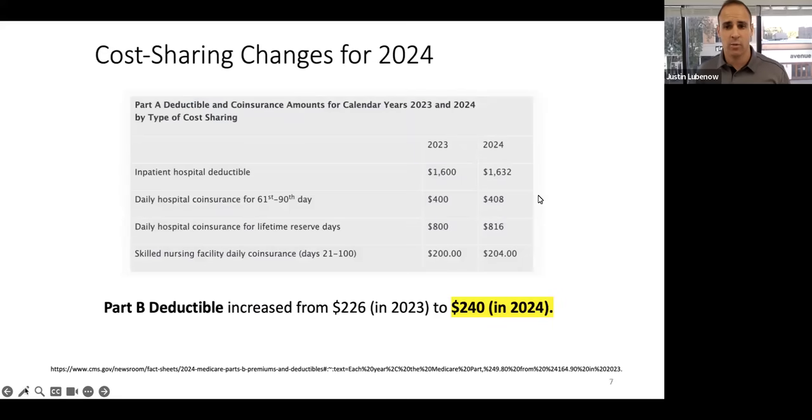Some other changes that were announced for next year are around the Part A cost sharing. Part A is the hospital benefit with Medicare. And if you have a Medicare supplement, like an F, a G, or an N, you don't have to really worry about these because these are all going to be covered by your supplement. But if you don't have a supplement and you just have original Medicare, which would be a lot of exposure, this is what your Part A deductible from 2023 is going from $1,600